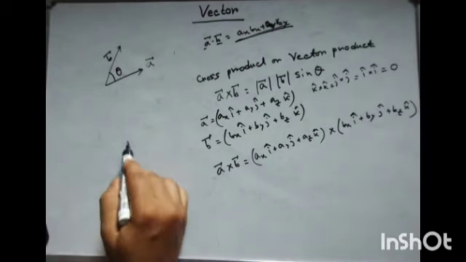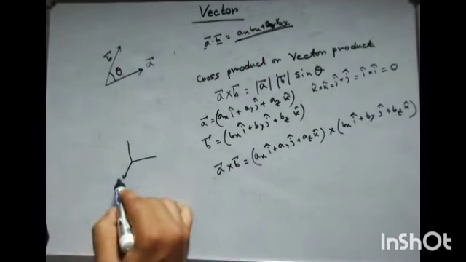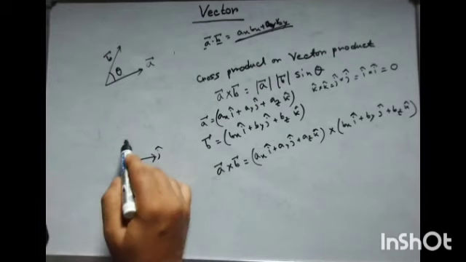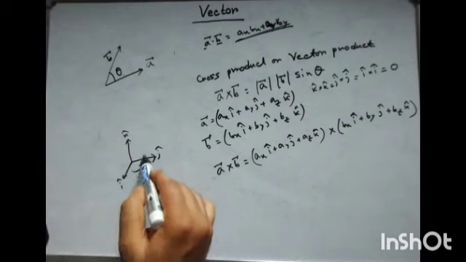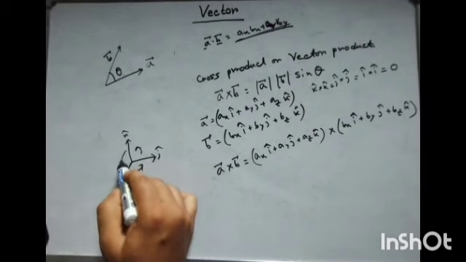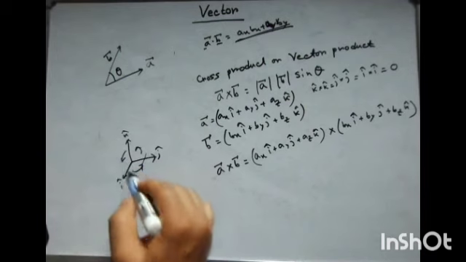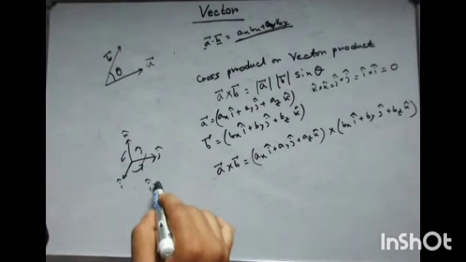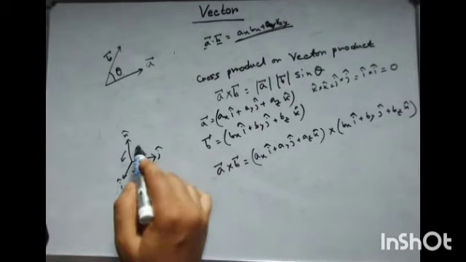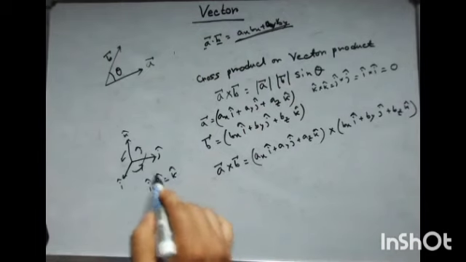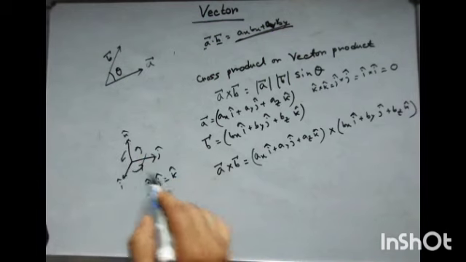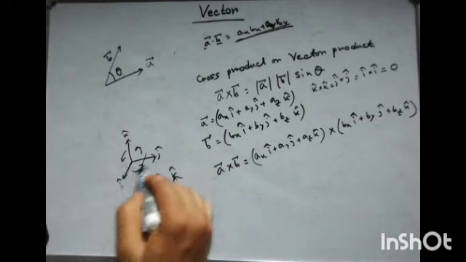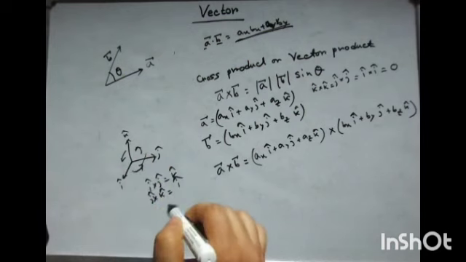And suppose this is your i cap, this is j cap, this is k cap. If it goes in the anti-clockwise direction, then i cap cross j cap is k cap, j cap cross k cap will be i cap. If it goes anti-clockwise, then the result will be positive,